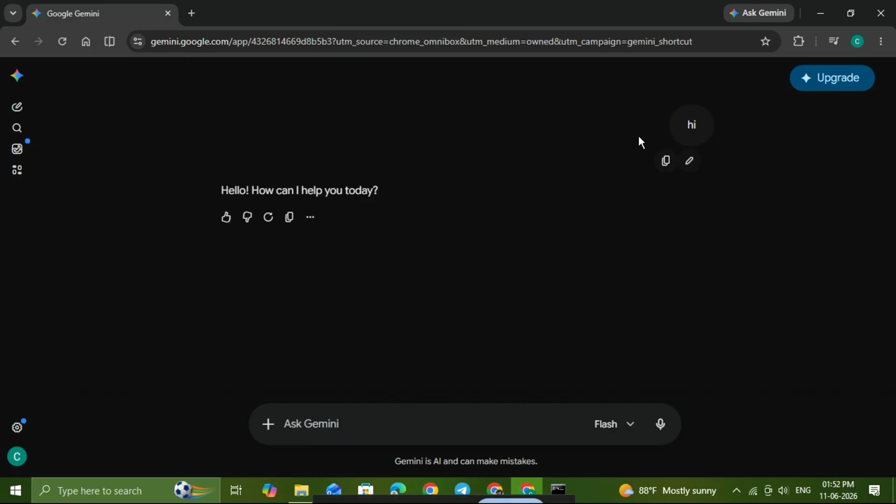So to recap, click the Chrome address bar, type @Gemini, press tab or space, type your prompt, and press enter. That's it. You've now learned how to access Google Gemini in the Chrome address bar in just a few easy